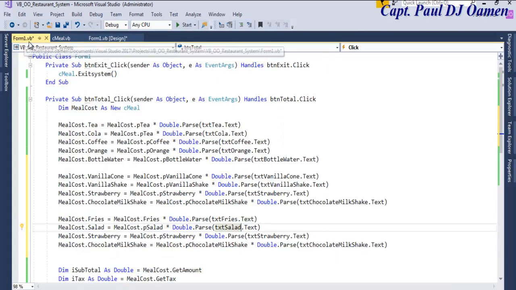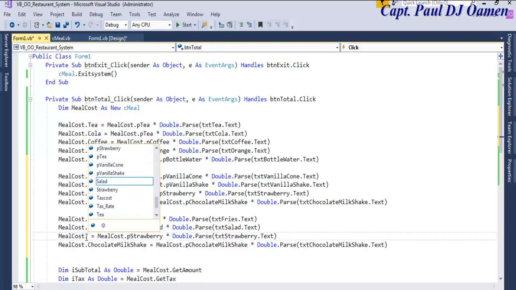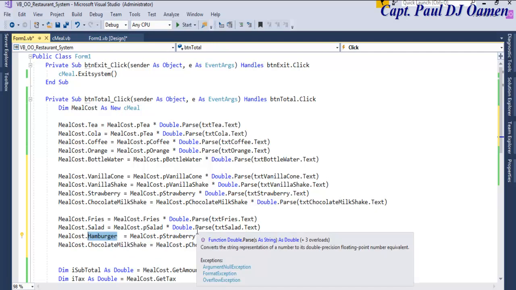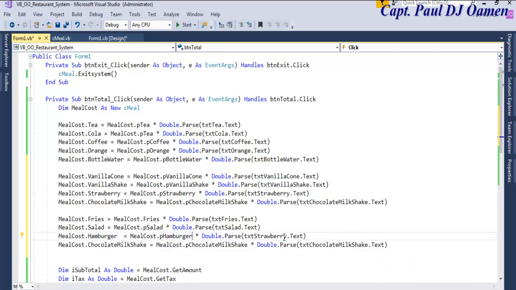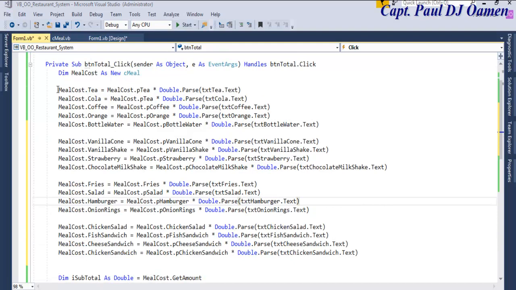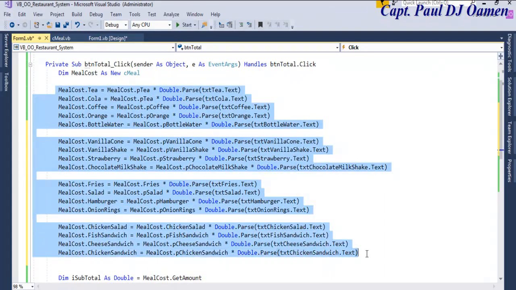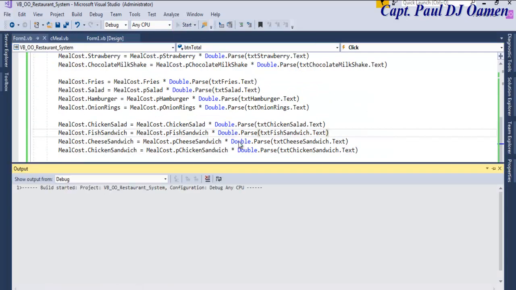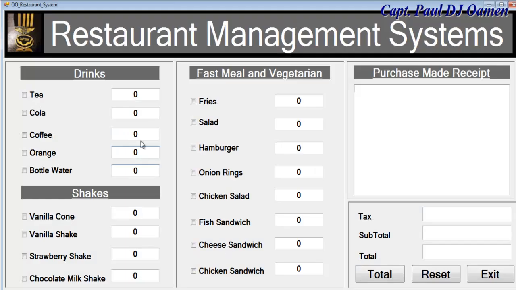Hamburger. So let's take care of the hamburger. We'll just speed it up because this is taking a little bit of time. There we go, guys. So I will now speed up the whole process and get back to you. Okay guys, all taken care of. The whole calculation is in place now, and when we run the program, there we go. We can then enter any value we want in there,